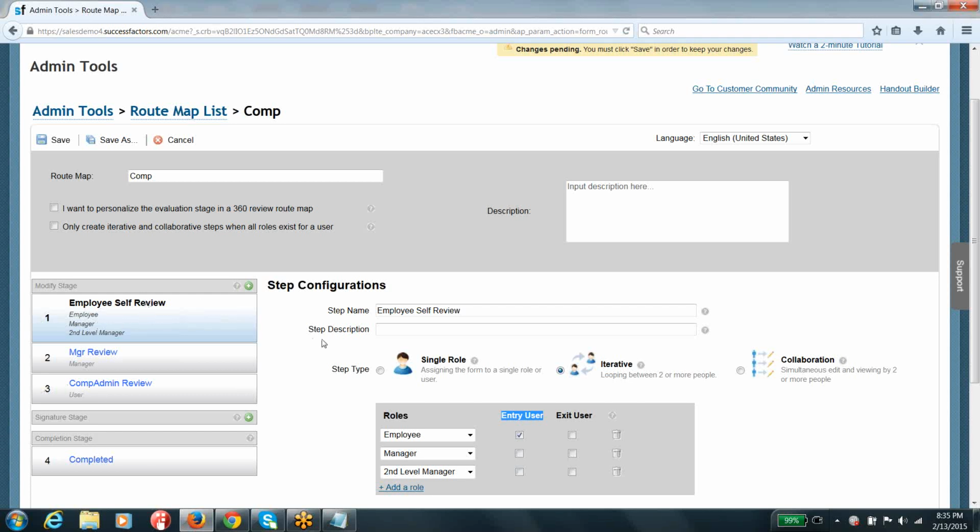See, right now we are in the single step, we are doing all these things. But ultimately, at the end of this step, on some day, you have to send the form to the next step, so that your manager can review, or his manager can review, or whatever it may be. So who is going to send the form to the next step? Who is authorized to send the form, or who will see the option to send the form to the next step, is the one that you are going to mark as exit user, right? Well, it can be an employee, or it can be a manager, the second level manager. The one who has been marked as exit user is the only one who can send the form to the next step, guys.